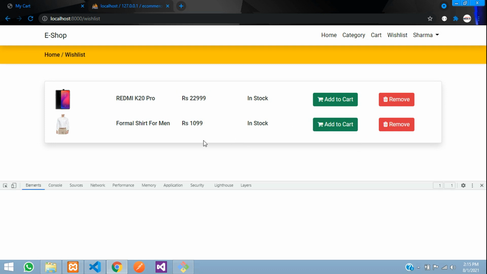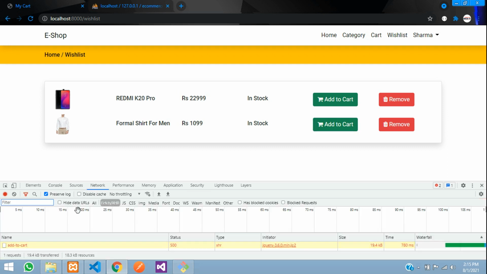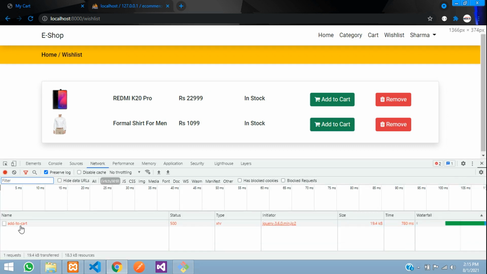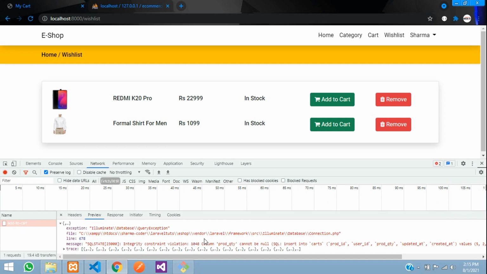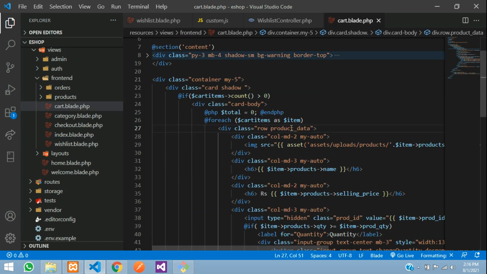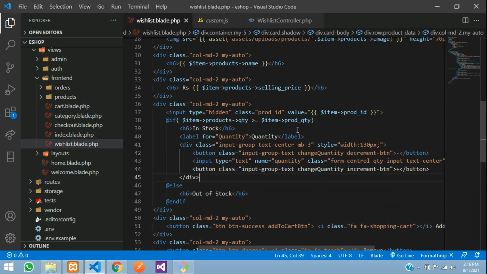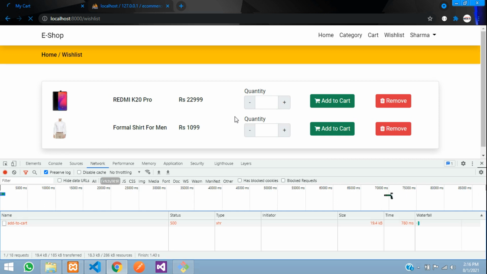Inspect, go to your console, okay, let us check what's wrong. Okay, so this error is that the quantity cannot be empty. You can see we have not given the product quantity, right? So we'll just leave it like that, what we already had, right? So we'll just copy it from the cart blade. So if you want, you can just give an input type hidden, and default value you can just insert, refresh,